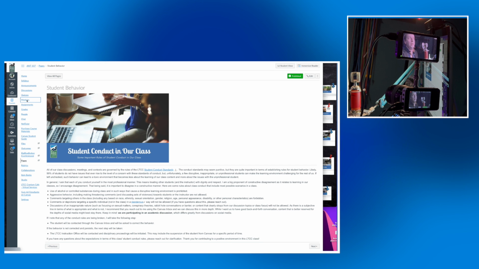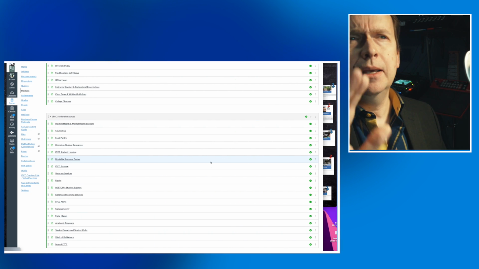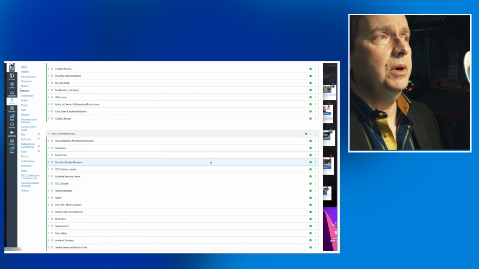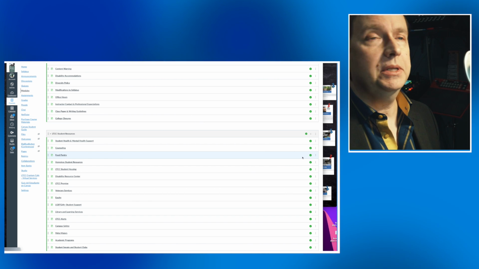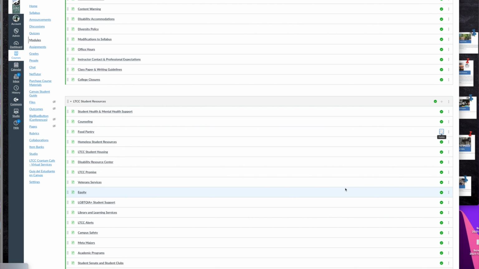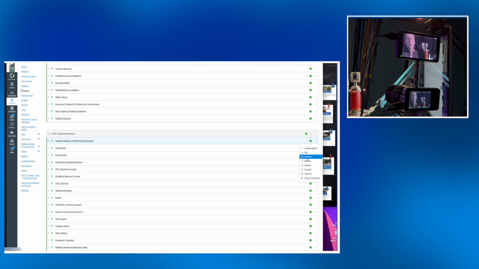So the first thing I might recommend is to go to these two modules and see what exactly is there. Again, you might have some stuff that you say, I don't need that in my class. That's super easy to deal with. If you didn't want to include the food pantry, which I hope you all do include because it's super important, but hypothetically, I would hit unpublish. Keep in mind, since that's now unpublished and grayed out and not green, students will not see it in my class. So you don't necessarily have to go in and delete the pages you don't want. You could just unpublish them and leave them there in case you need them. If I want that back, I would hit publish. If I want to delete it, I would go here and hit remove. And once I remove it, it's gone.